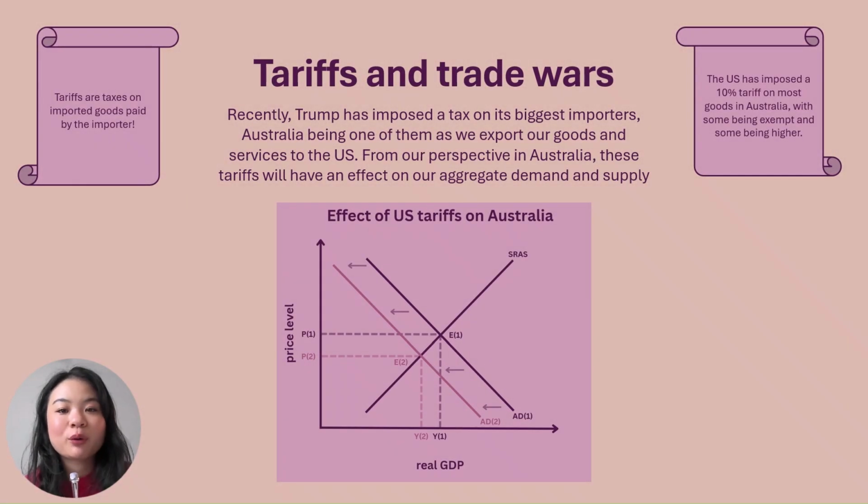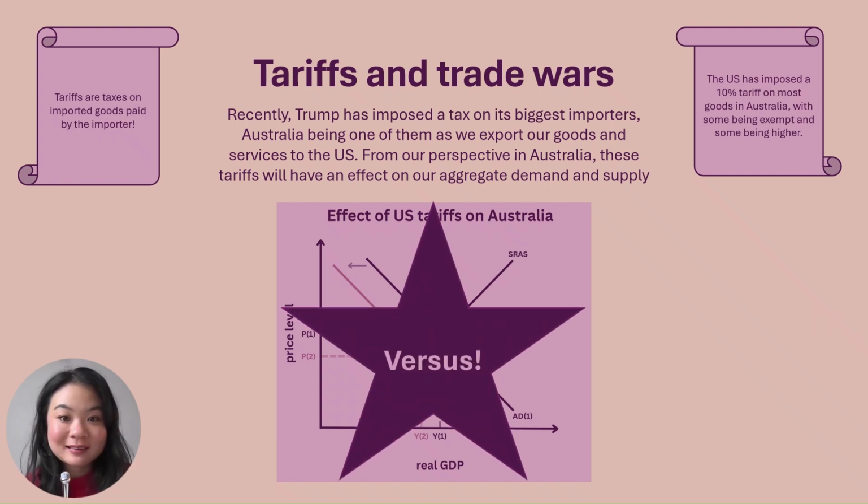Recently, Trump has imposed a tax on its biggest importers, Australia being one of them, as we export our goods and services to the US. From our perspective in Australia, these tariffs will have an effect on our aggregate demand and supply. Aggregate demand will shift to the left as there is a decrease due to net export factors, those being the fact that foreign income will decrease in Australia as the US will import less from Australia and Australia will export less commodities to the US,